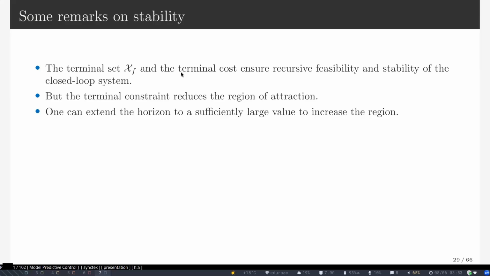So a typical way of circumventing the problem is to extend the horizon. So solve the problem over a longer horizon. If you do a shorter horizon, you get more leeway, because again, intuitively what it means is you are not relying too much on your tail cost or tail constraint approximations.